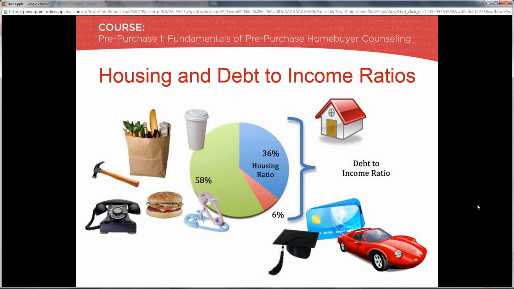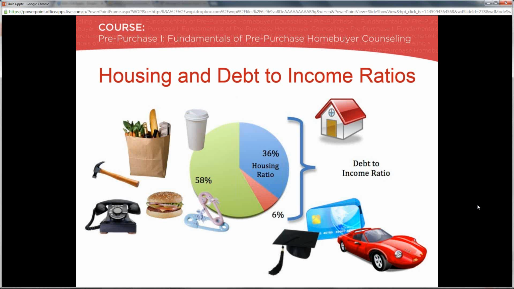The green section represents the money that's left over for living expenses, for groceries, entertainment, eating out, children's expenses, home repairs, utility costs, etc. So if you look at this chart, you realize that that 6% depends a lot on a person's choices with their spending. And that 6%, that red portion, if that's larger, then a lender would require, for example, if